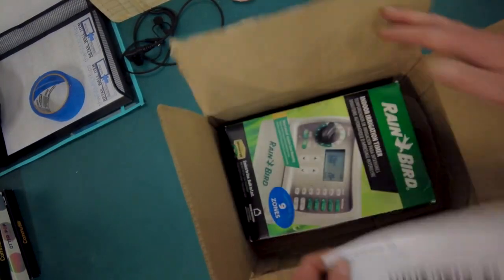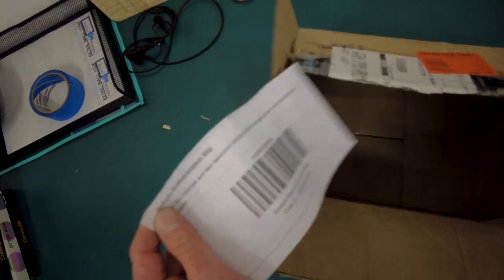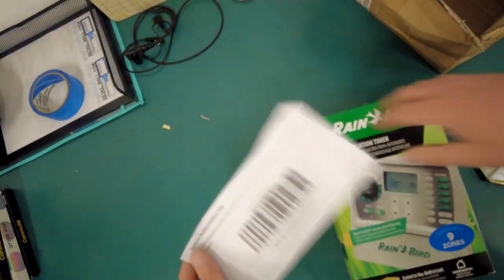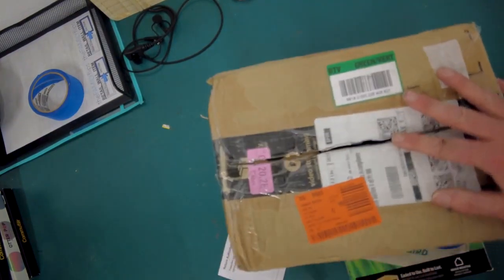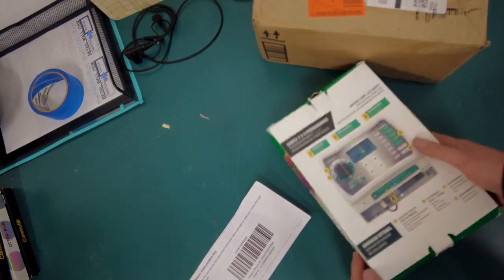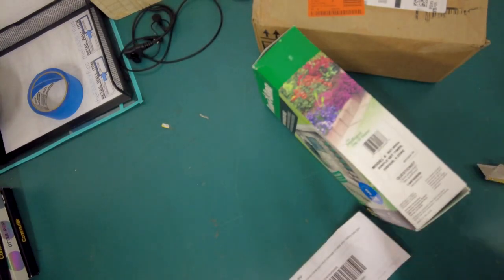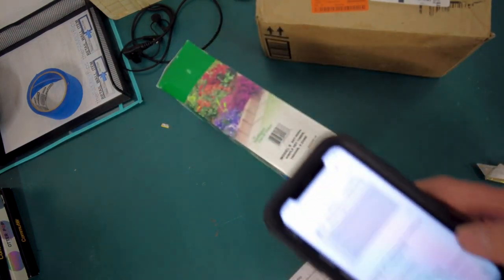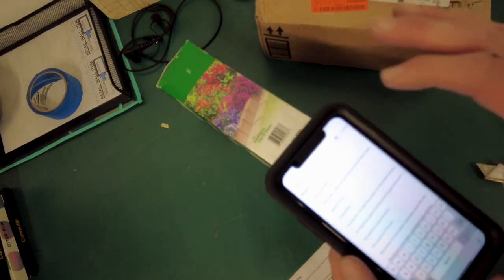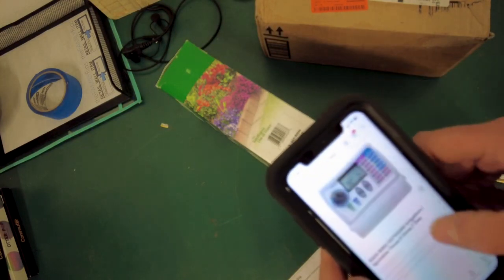That is so weird because it's got an Amazon return label on it, right? But it's got the home improvement store's stickers on it. That's what those are, but it's definitely an Amazon item because it's got the box there, it's got the Amazon return label. I'm just gonna see what this type of thing sells for on eBay. Granted, we probably don't know if we'll sell this on eBay just because we get a lot of these that have been used previously and returned, but best case scenario, if it's not been used,